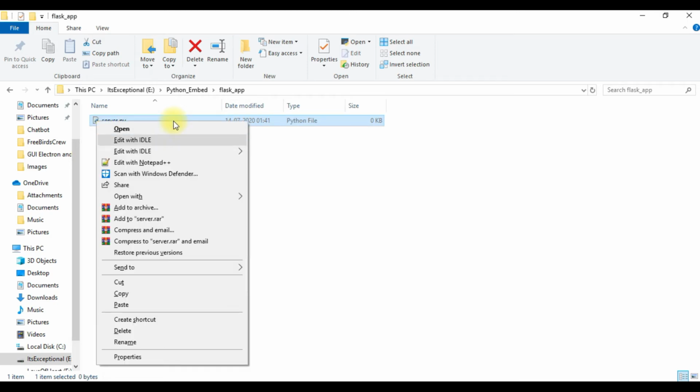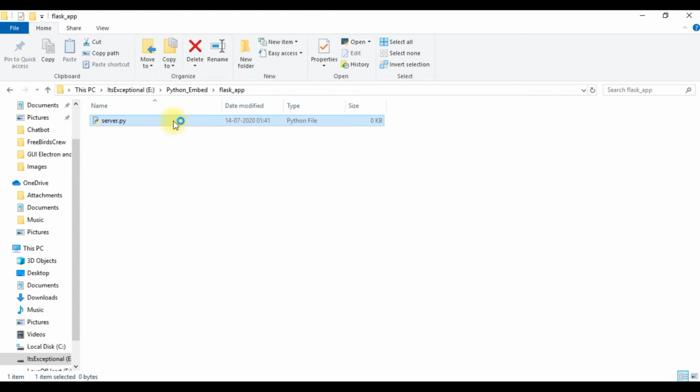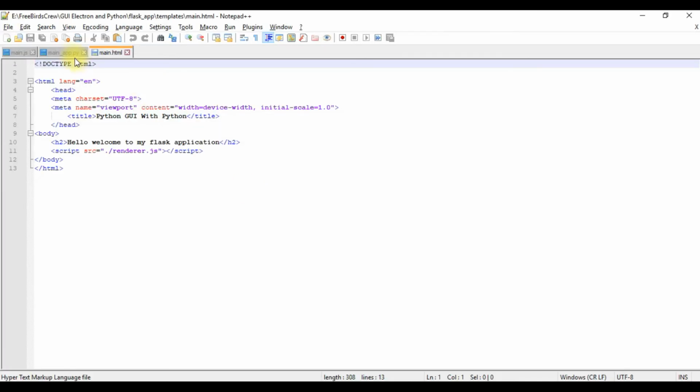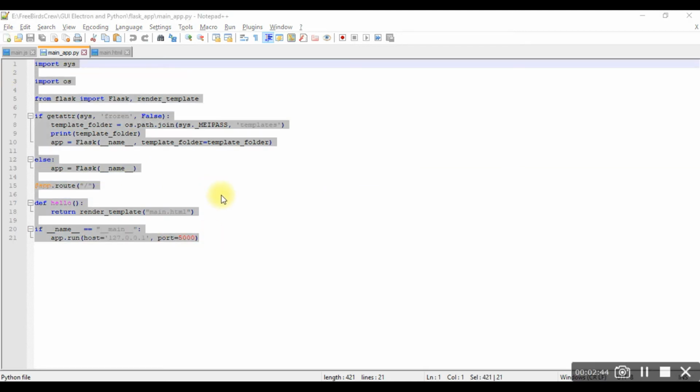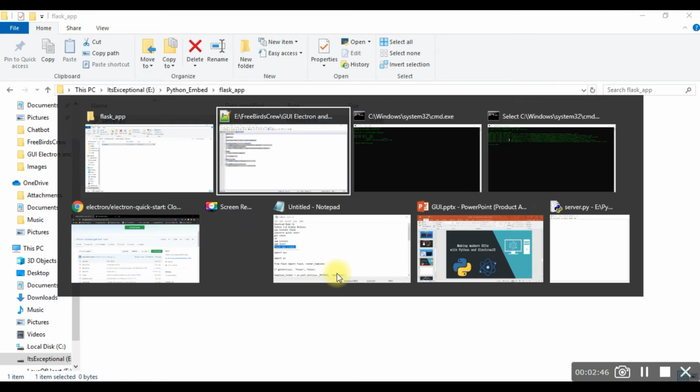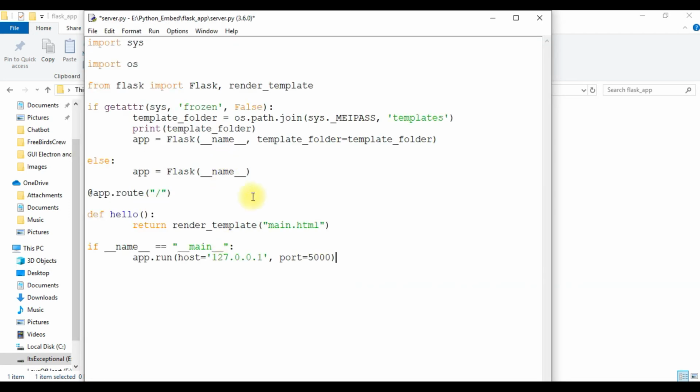When you make it, just go and edit it. And as you see, I have already made the code in my file, so I can just copy the server code and paste it in the server file. So this is our server file.